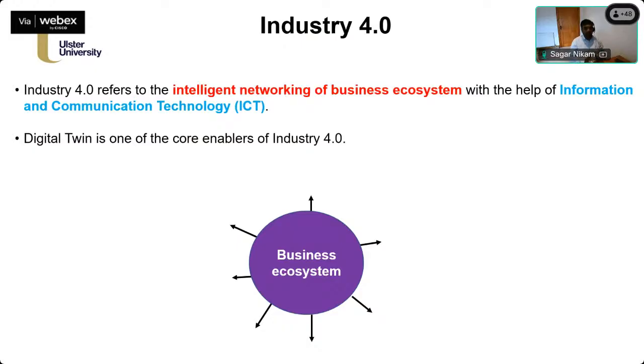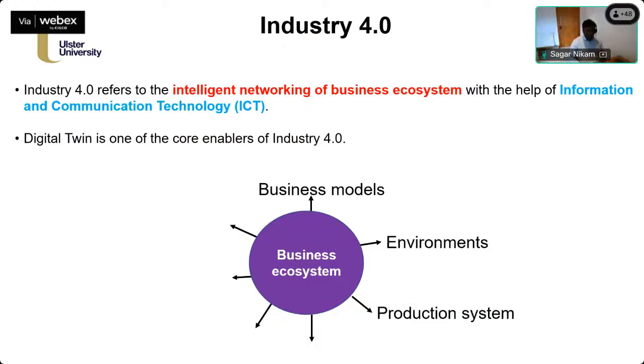That's what I tell you according to the ISO standards, which connects machines, operators, products, and the product ecosystem not only with the business but also with the environment and the different elements of the business. When we talk about the business ecosystem, it's the business model and its environment, or its production system, which could be the machines, operators, products, or services.